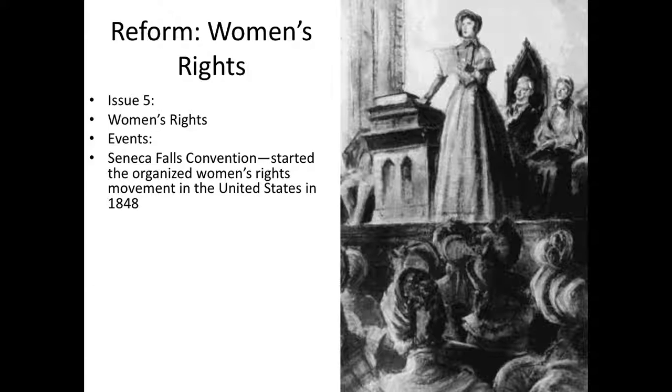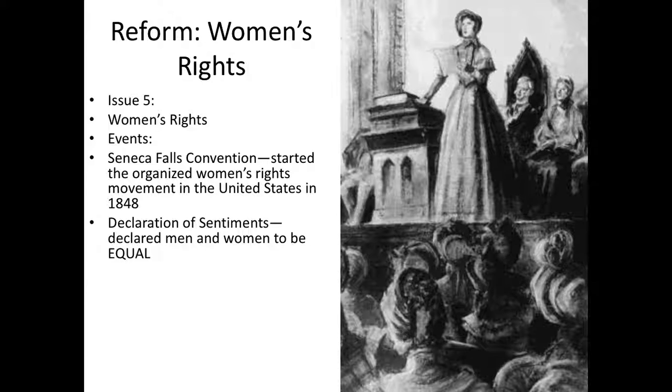Star and highlight this one. Make sure you know this one. There's going to be a meeting in the small town of Seneca Falls, New York, and women and men are going to join, and ex-slaves. You may have heard of Frederick Douglass, ex-slave. He even attends this meeting. And at this meeting, at this convention, you will see women start pushing for the right to a lot of things, the right to own property, the right to have equal access to education with men, but especially the right to vote.